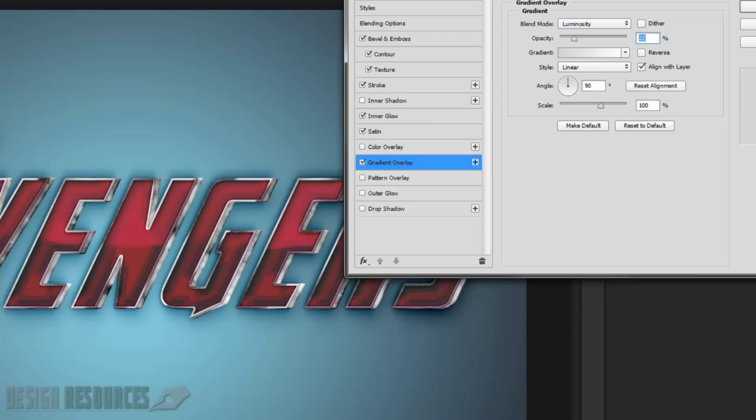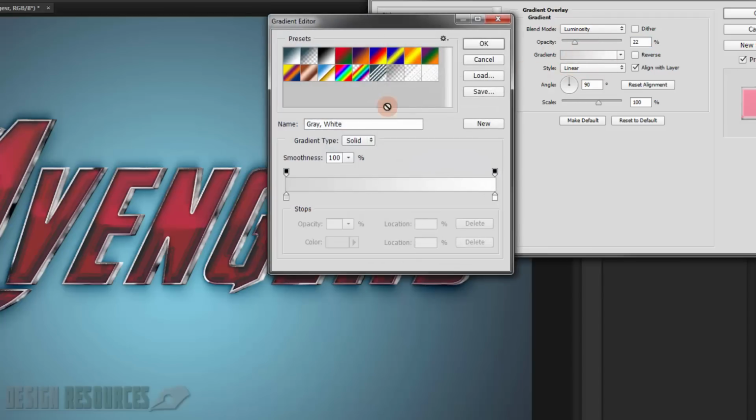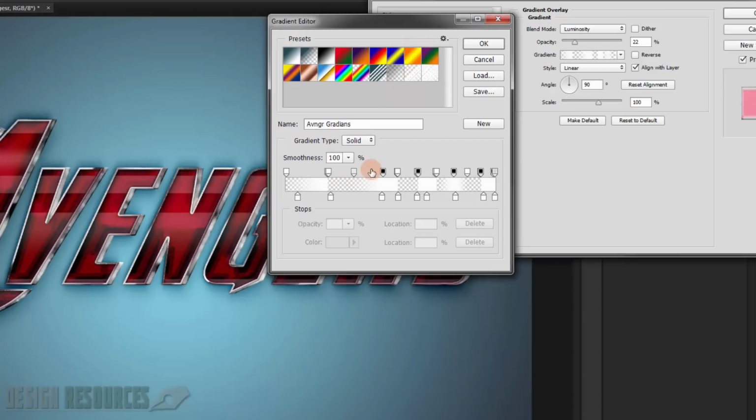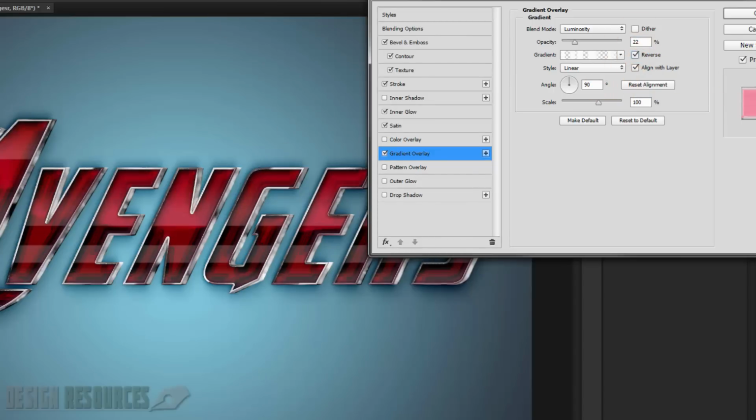Alright, something like that, because we want it to look like, yeah, you will get that in a second, because we will apply the same gradient, or looks like it, because I already have it saved in here too, as you can see. Bringing down the opacity will give it this really shiny look. So I will just press OK, and I will again choose reverse,